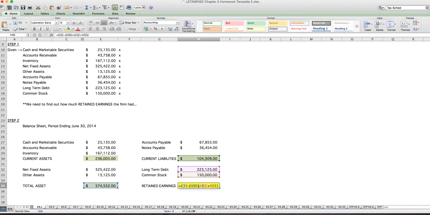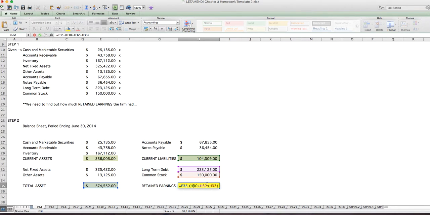We have total assets, we have current liabilities, and we have long-term debt, and we also have common stock, right? So what we do is we take the total assets minus, and then you want to open parentheses, because basically what you're doing is you're taking your total assets and you're subtracting all of your liabilities. So in order to get Excel to do the liabilities first,